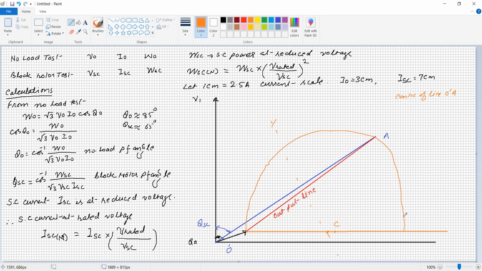So like that. The circle will be correct only when it touches the points O dash and A. If somewhere there is a mismatch, it means that there is a mistake in taking the center of the line OA and drawing the projection of this line. So this is the line which makes the projection over this one at 90 degrees, and the intersection of this line with the line, that point is called C, and this will be the half circle.